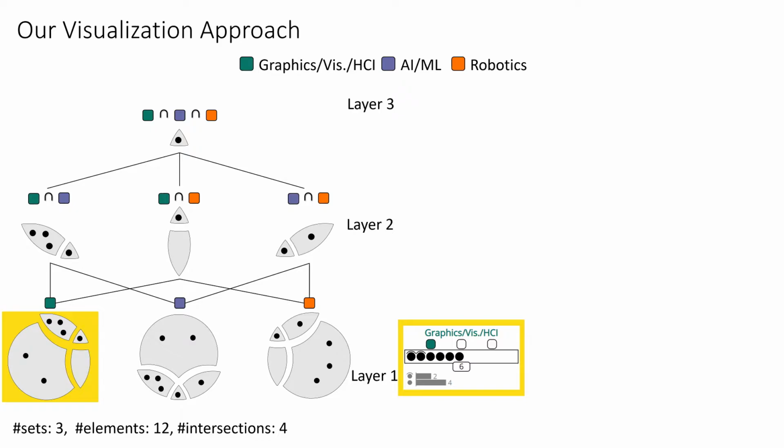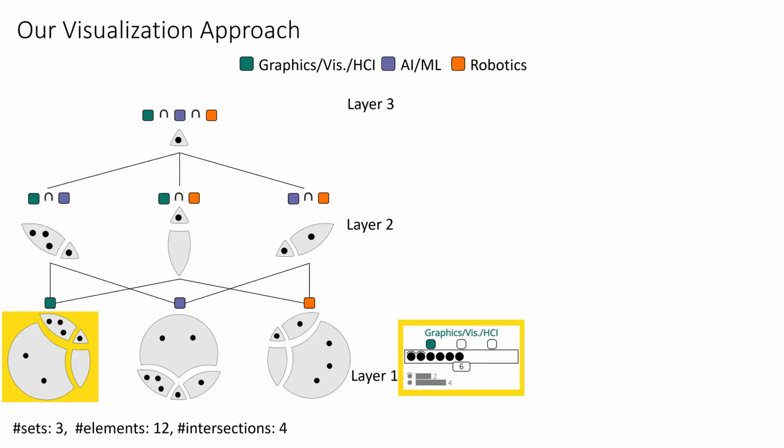Please note that the first 2 circles inside the rectangle have a hat marker above them. The hat marker above a circle shows that the element has no additional memberships in other sets and hence does not appear in the layers above. Here, 2 circles with hat marker show that among 6 researchers, there are 2 who published only in the field of Graphics with HCI. Do you remember what their names were? They are Hans-Peter Seidel and Hans-Peter Pfister.